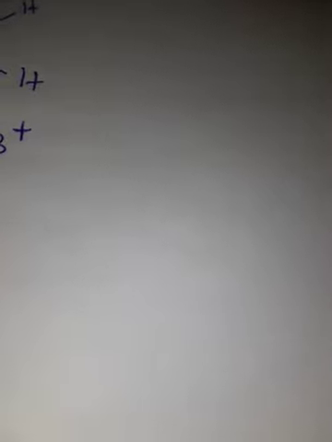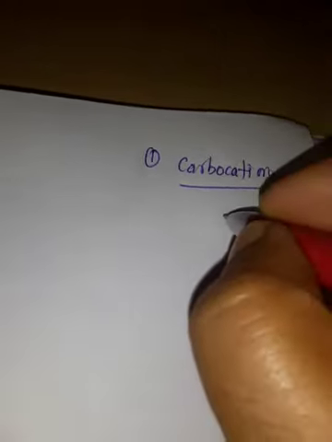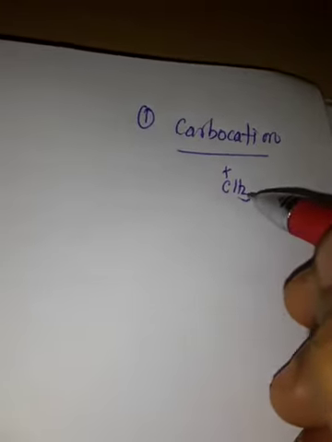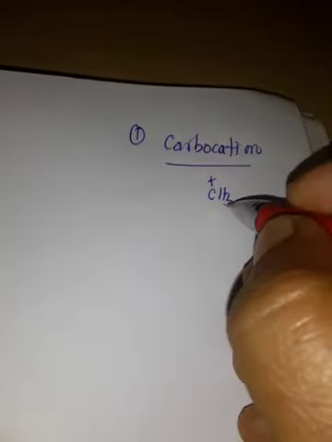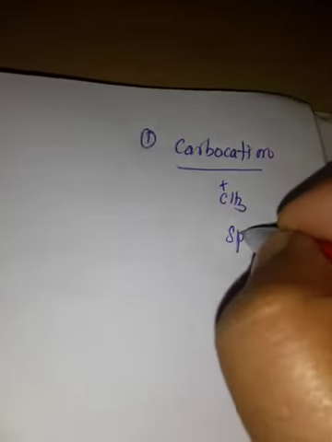Children, now I am going to teach about hybridization of carbon in carbocation. Already in the last video I explained how to find hybridization. The same method is also followed here. First we are going to learn for carbocation. Carbocation means carbon bearing positive charge. The best example is CH3 plus carbocation. Now this carbocation is sp2 hybridized.